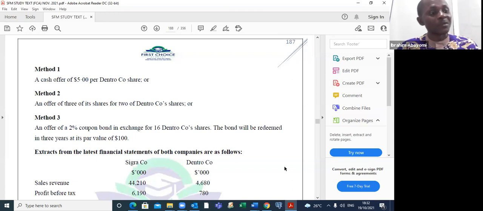Why I'm fixing it is like this. It's either we hold it in the morning or we hold it in the evening, because I've slated my time for tomorrow. If it is in the evening, I'll take it in the evening. Whatever other thing I want to do, I will do it in the morning. And if evening favors you, then I will do it. Sorry, if morning favors you, do it in the morning, then I will do my other things in the evening,